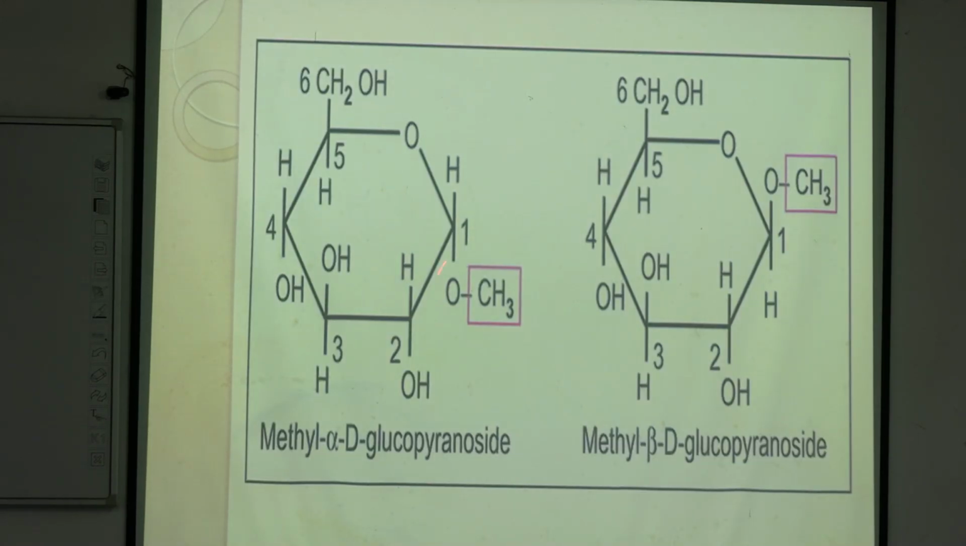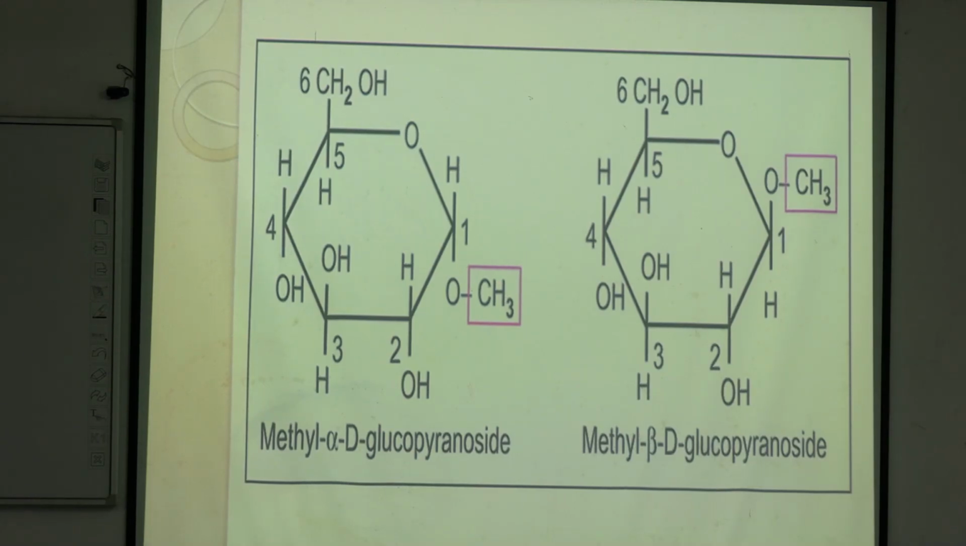So here it is a normal example of glycoside. Okay, glycoside derivative of glucose. Here a methyl group is attached in place of hydrogen. So there should have been a hydrogen here, then it would have been a normal D-glucopyranose, alpha-D-glucopyranose, but here the